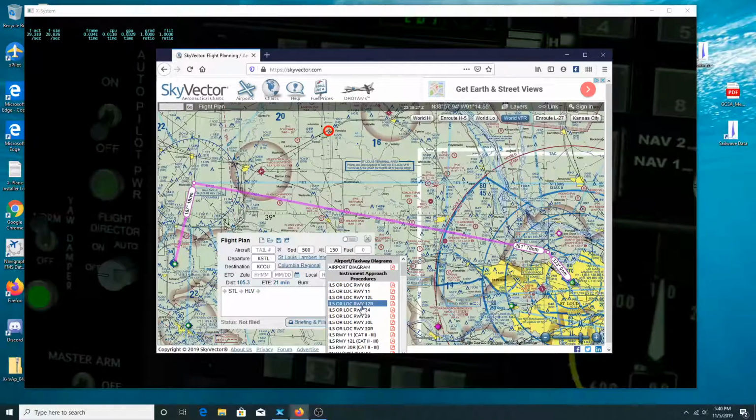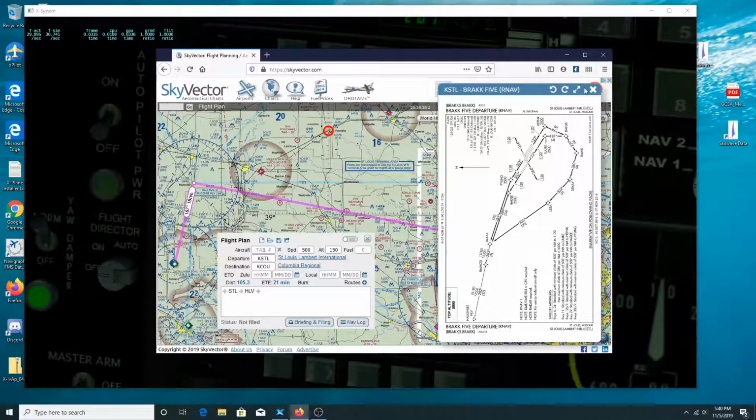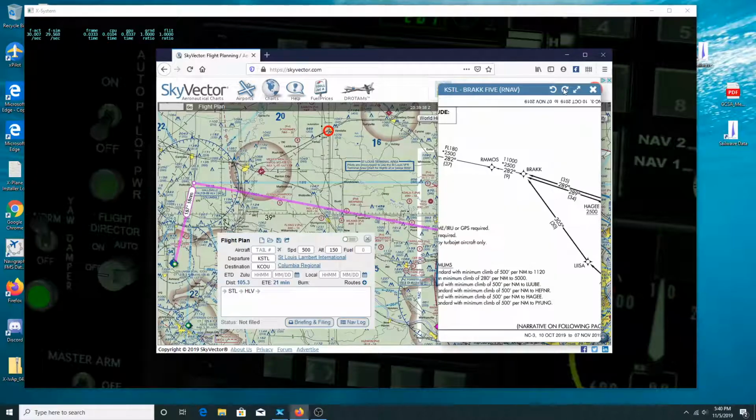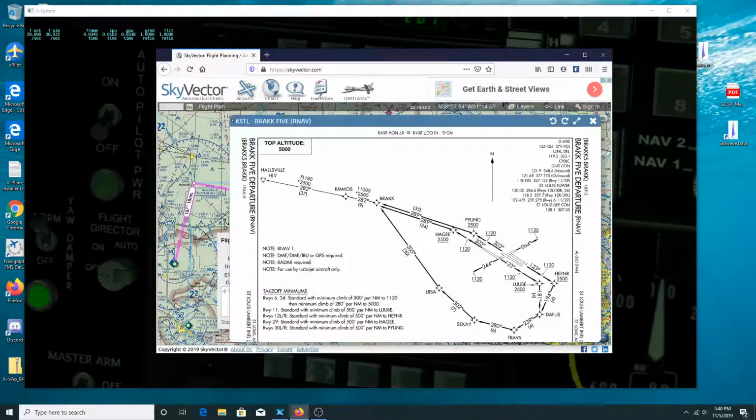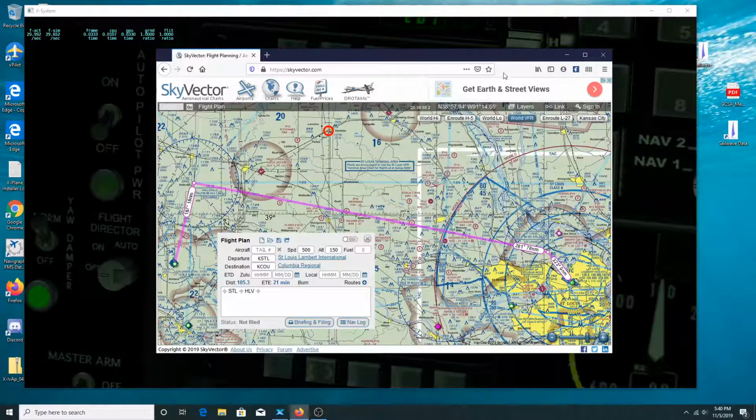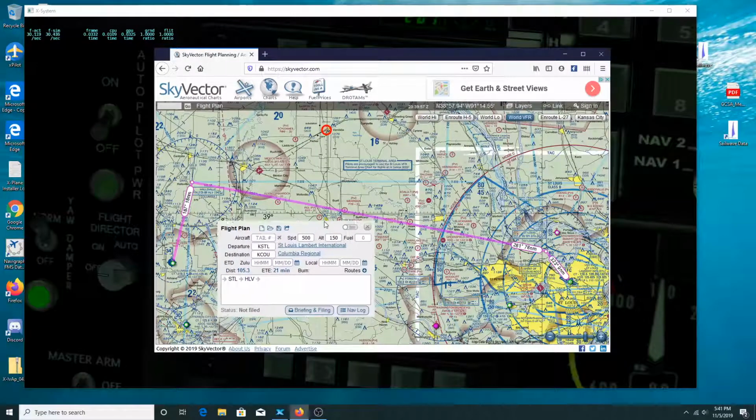If you want to, you can come in here and you can find the SID for Brock 5, which would be very difficult to fly, seeing that it's all radio waypoints or GPS waypoints. You can fly it according to how far you're going, but seeing that the GPS waypoints are very small, you can't see them anyway, and so you're almost on top of them. So they work very well for landing, but they don't really work very well for takeoff. And even if you're using them for takeoff, or even if you're using them for landing,